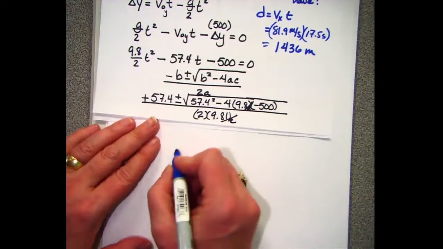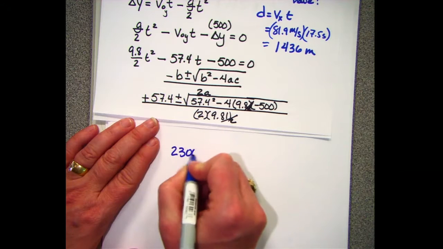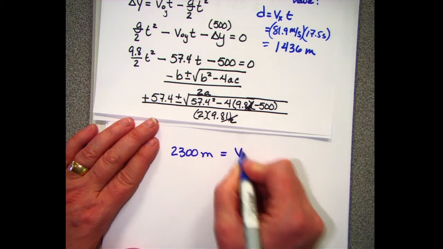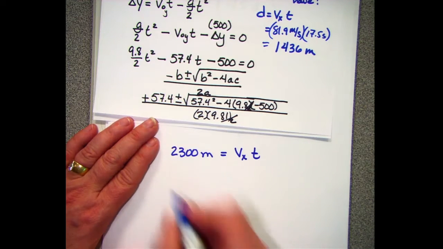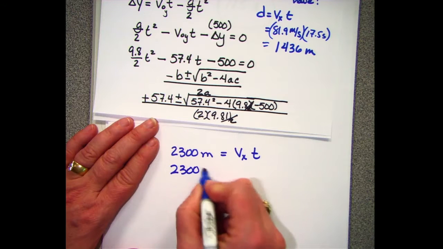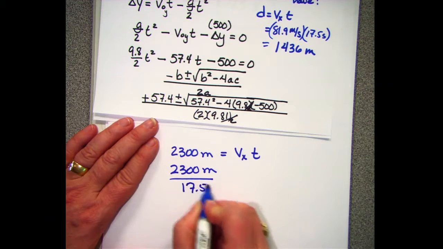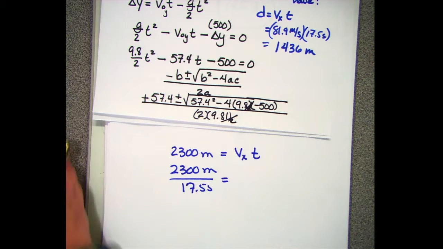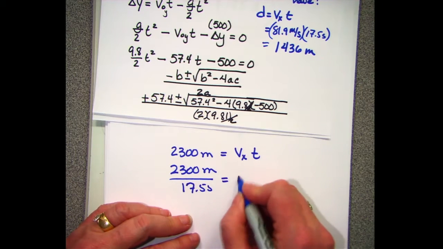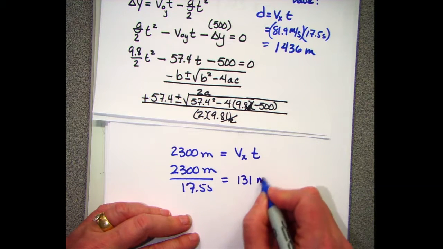So, but let's go back and figure out what he has to do. If I want to be at 2,300 meters, I need to know the velocity in the x direction times the time. Well, that's 2,300 meters divided by the time, which was 17.5 seconds. So we need that. If I do 2,300 divided by 17.5, I end up with 131 meters per second